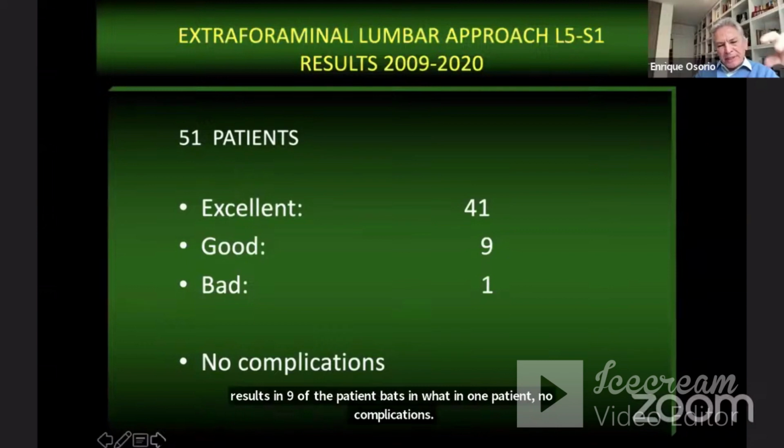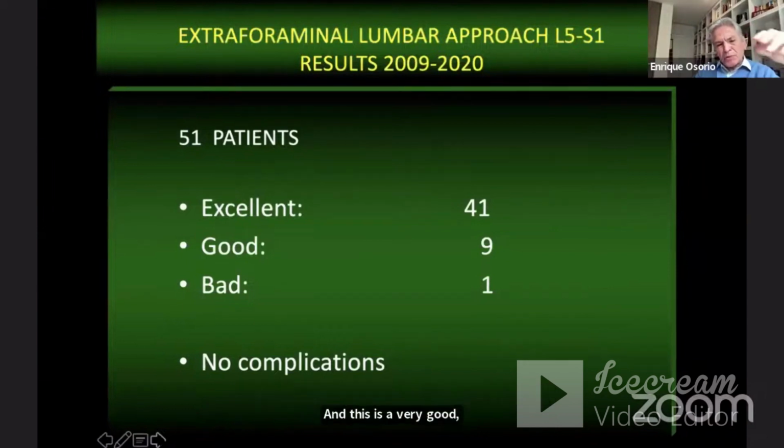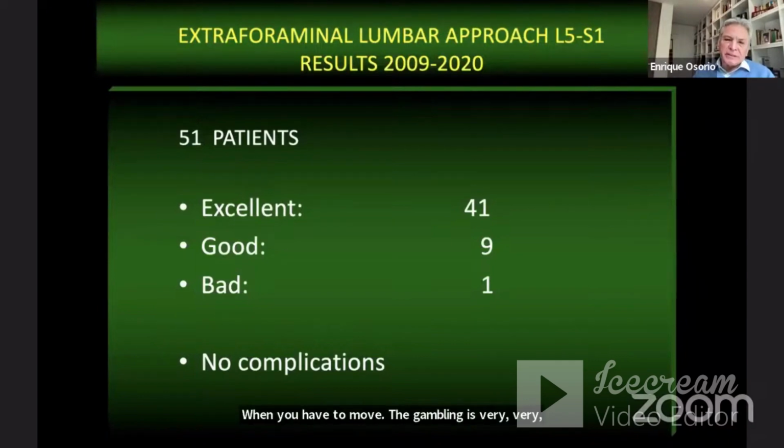And this is a very good approach because we do not have to deal with the ganglion, and the pain after, the neuropathic pain after you have to move the ganglion, is very bad for the patient and very difficult